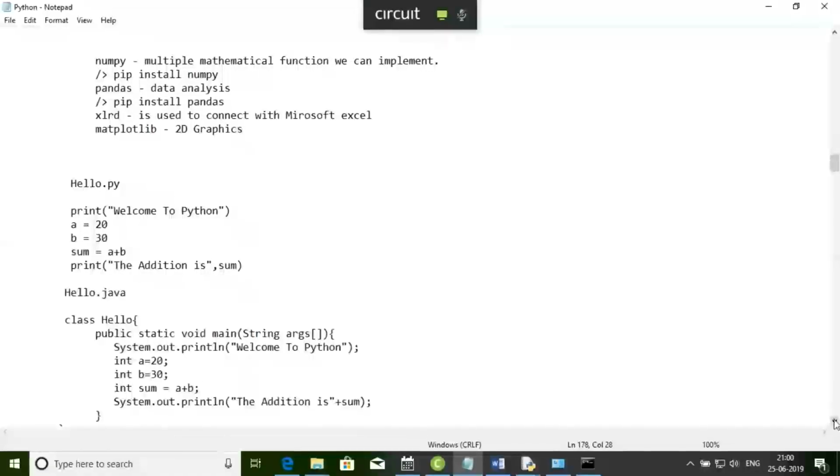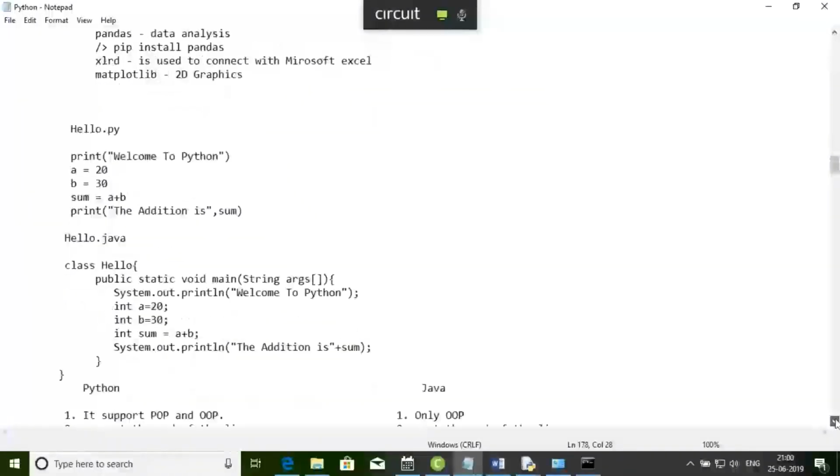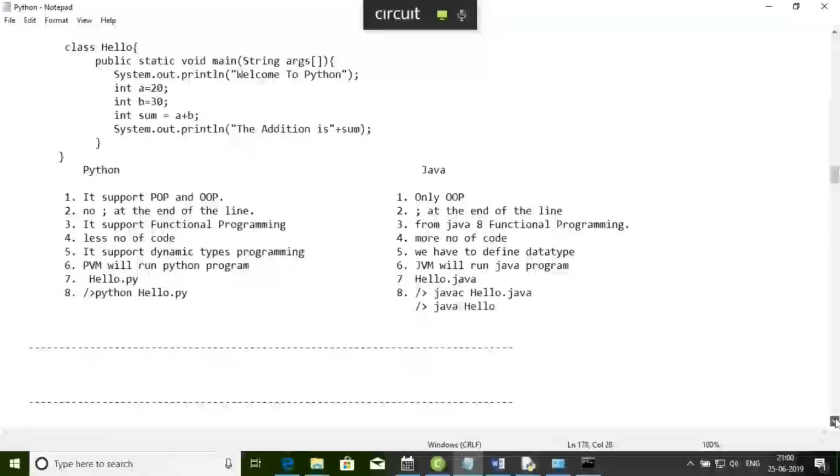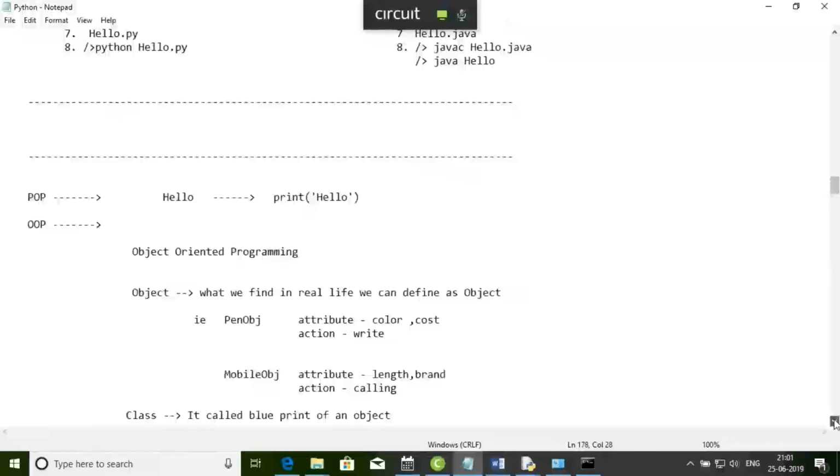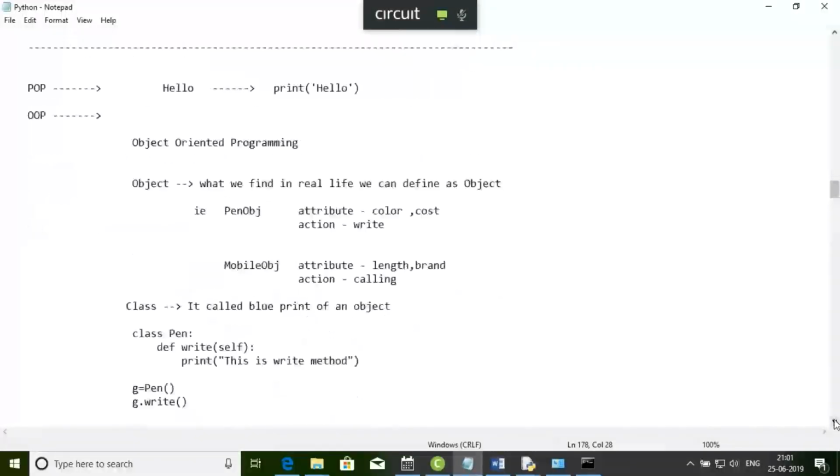Then we spent some time on the basic differences of execution between a Java program and a Python program, how we can distinguish some of the basic differences. We talked about some, not all, based on our current discussion. Then, if I'm going to run a particular Python program, that program we can execute